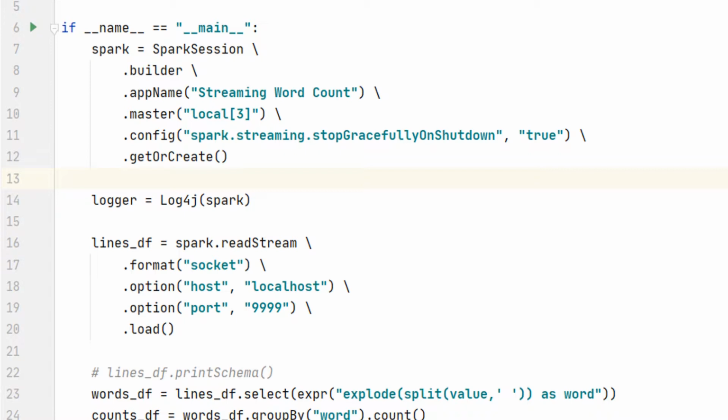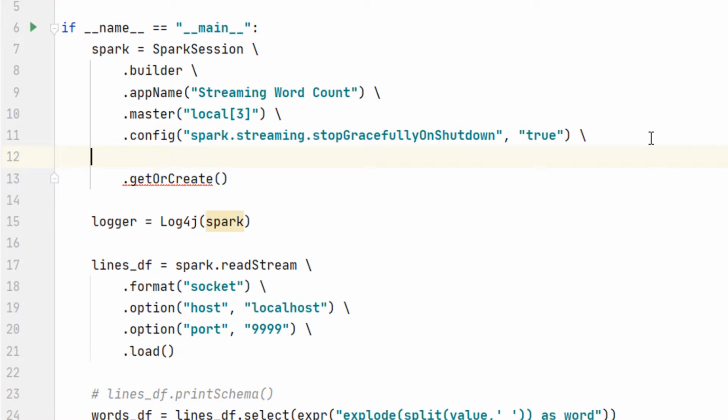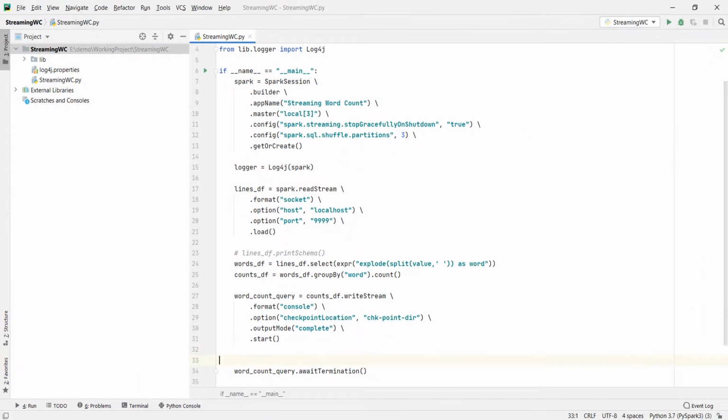You also know that the default shuffle partition configuration is 200. And that's a large value for this tiny and straightforward word count application. So your application might run slow because it will be unnecessarily working with 200 partitions. So let me set the Spark SQL shuffle partitions to a lower value. Great, we are done.